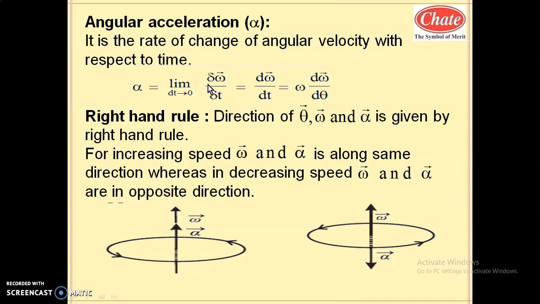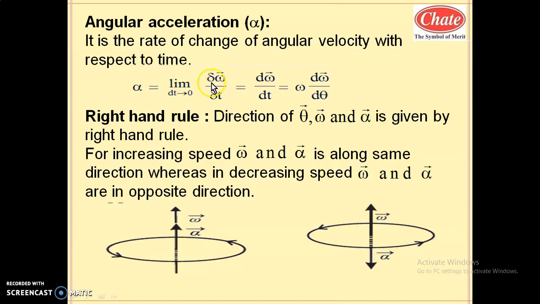You studied in earlier classes that in uniform motion, if velocity is constant, acceleration is 0. For example, if a fan is continuously moving with a constant speed, then its angular velocity is constant and angular acceleration is 0. So the fan is a very good example. When the fan is switched on, its angular velocity increases. The angle described per unit time is increasing. Suppose in the first time interval, the angle described is something; in the next equal time interval, the angle described will be more, because initially its speed goes on increasing.